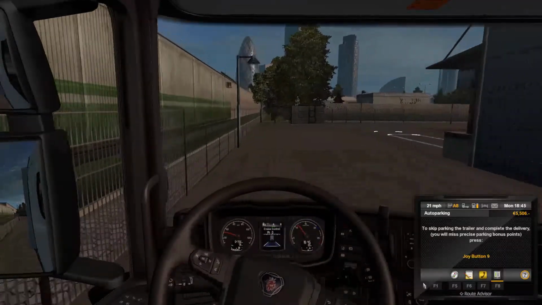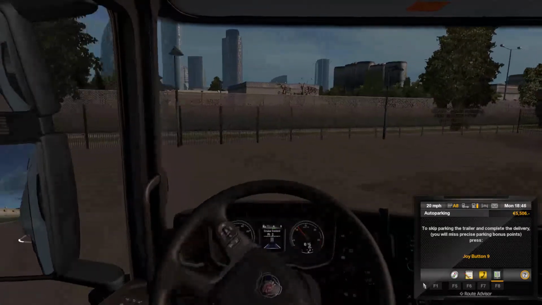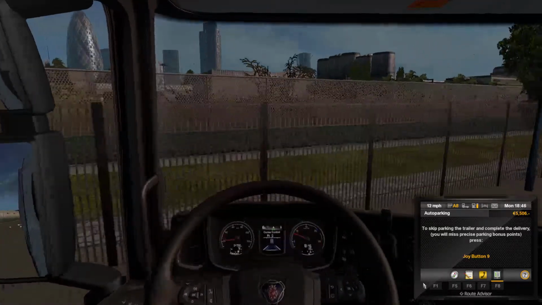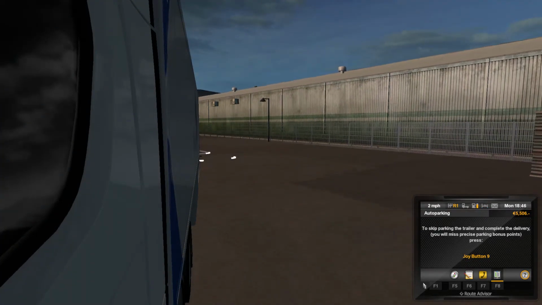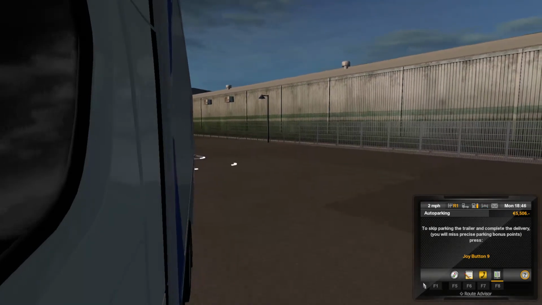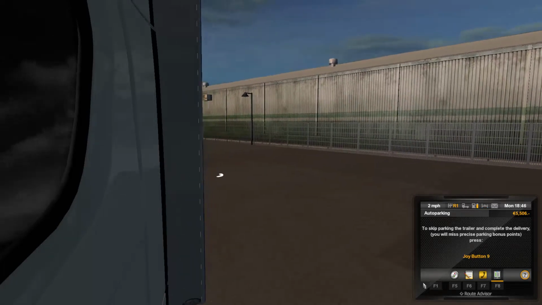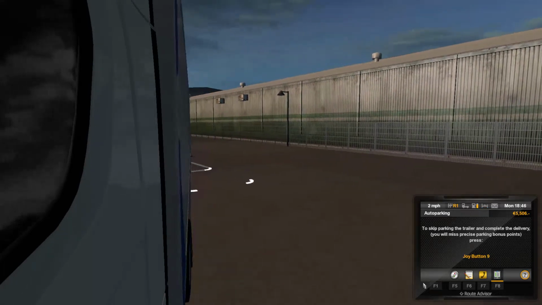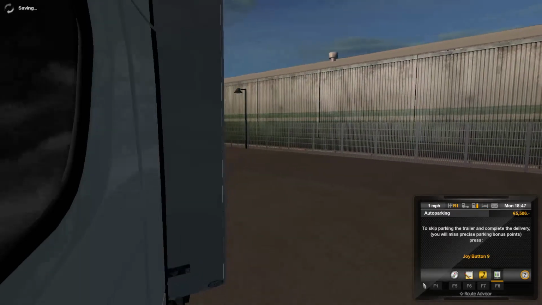So if I completely fail, there is always the press joy button 9 and cancel. So this is quite easy, luckily. But we give quite an easy one. So we'll see how accurate this parking is. I'm not going to try showing off though. There's nothing to show off here really.